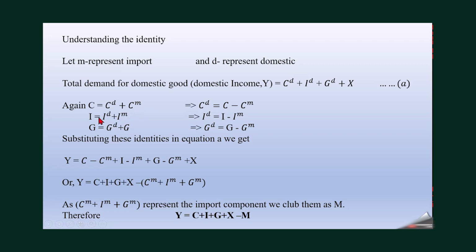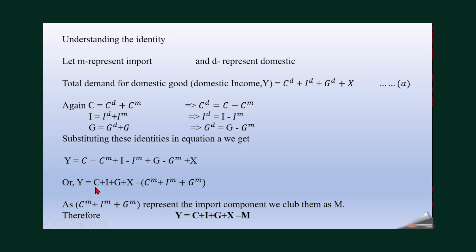Similarly, investment has two components now, a domestic investment component and a part of investment that is imported. Similarly, government can have demand for domestic good as well as a demand that government makes from abroad. Now note, domestic consumption can now be said as total consumption minus import, similarly for investment and for government expenditure as well. Now if we look into equation A and substitute these values of CD by C minus CM, ID by I minus IM and GD by G minus GM plus X, we get this particular equation